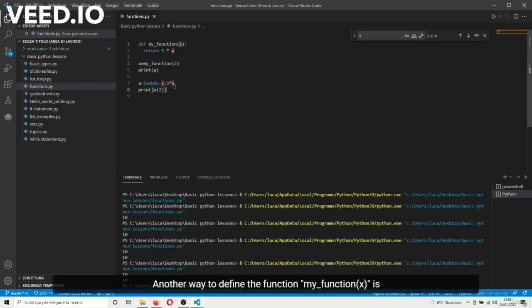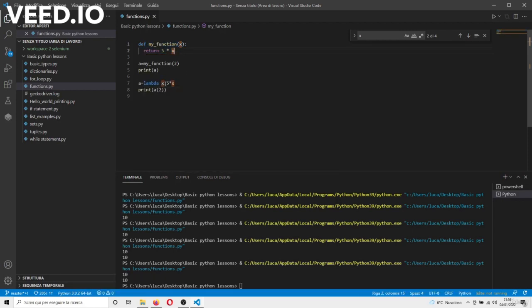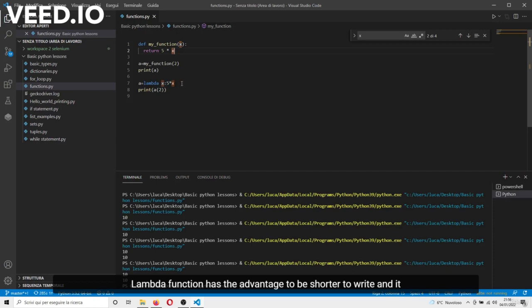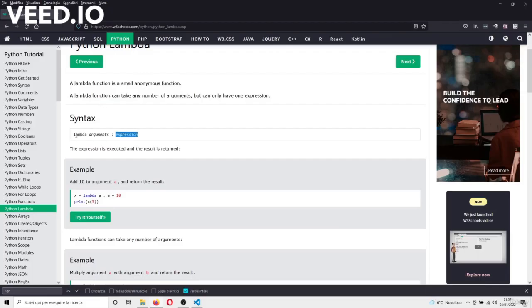Another way to define this function is to define it through the lambda function. Lambda function has the advantage that it is shorter to write, and it can be called by means of a variable. So a lambda is built in this way. We have to